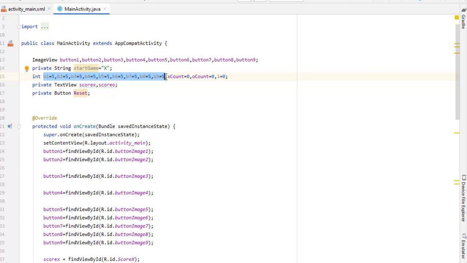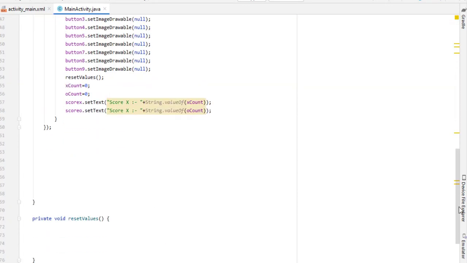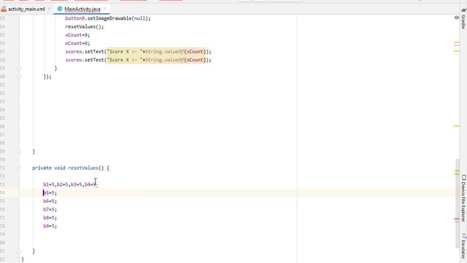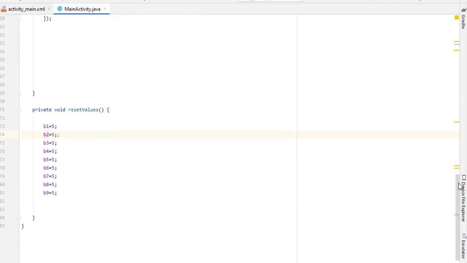So later I will tell you how I change these values and why I need to reset it again. I will tell everything again. So simply type the code with me. I simply type here b1 equal 5, and you can do one thing, simply remove this and add a semicolon after everything. Add a semicolon here, remove this, simply add a semicolon here. The code is going to be a little bit lengthy, but the code is very easy. When I write the whole code, you will easily understand what the logic is and how it is going to work. So don't get confused, simply first type the code with me. Now everything is fine, so the reset function is also created successfully.